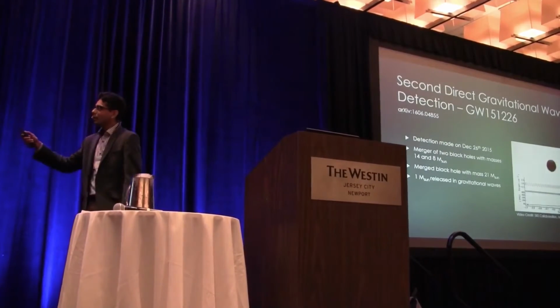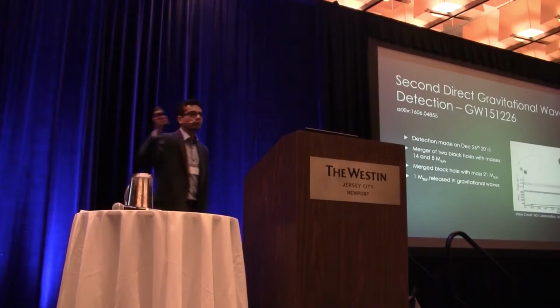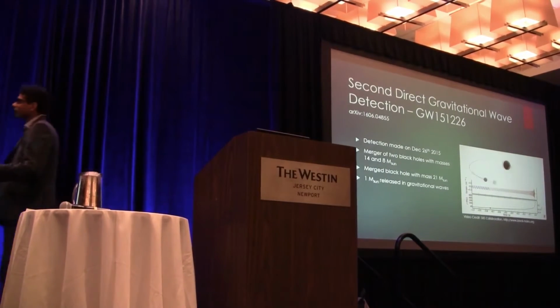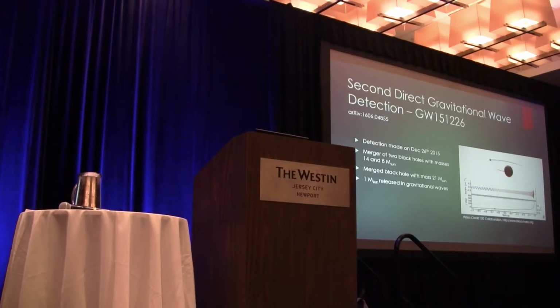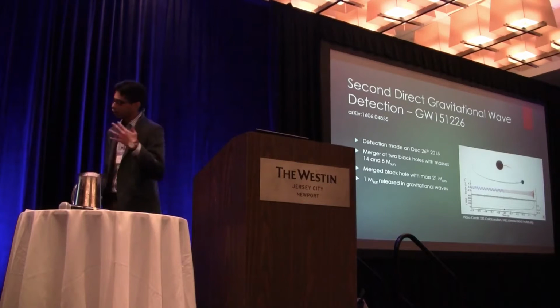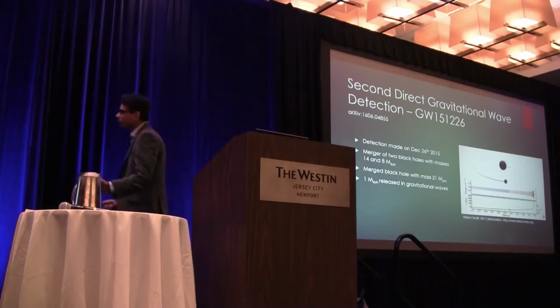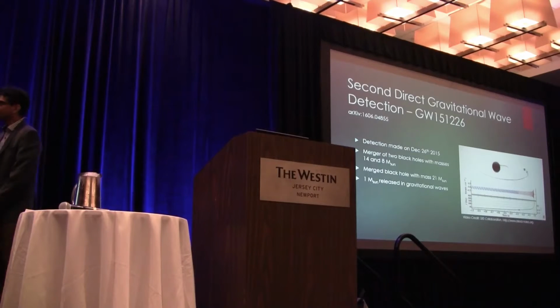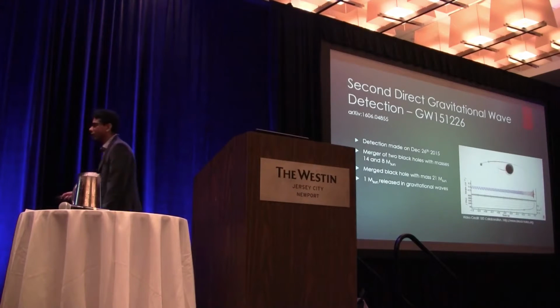Now the signal here was about an order of magnitude smaller than the first signal, which meant that very simplistic algorithms, which look for gravitational waves above a noise threshold, weren't able to pick it up. So it was very important to do the analysis using matched filtering or Bayesian analysis to detect this particular kind of gravitational wave. So that's the second detection that LIGO announced very, very recently.